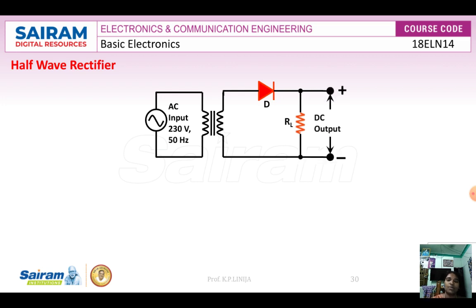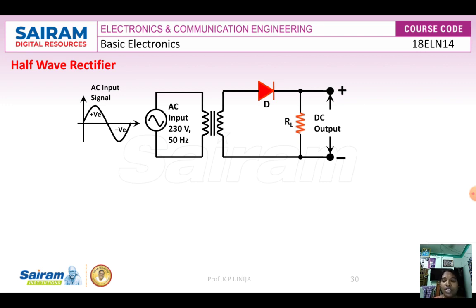In this circuit, we are going to take a DC output across the two ends of the resistor. So what is a rectifier? A rectifier converts the AC voltage into DC voltage. Through the transformer, for this half wave rectifier, we give an AC signal, that is a continuously time varying sinusoidal input, and we get the final output, called the DC output. Now, how does this half wave rectifier work?